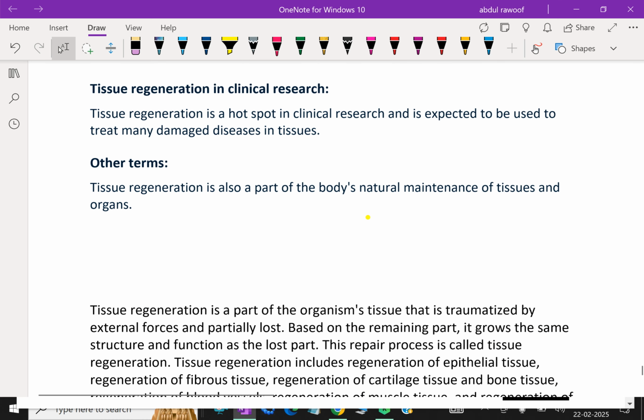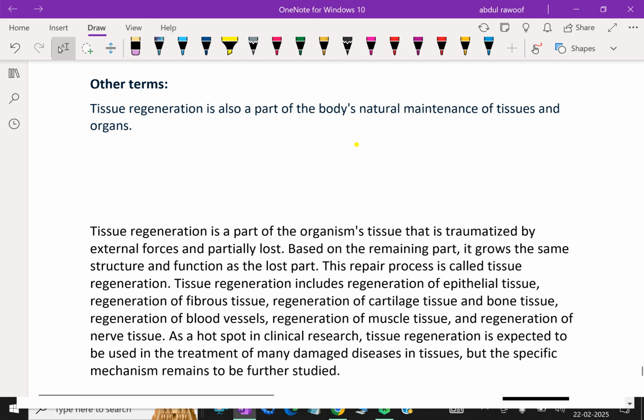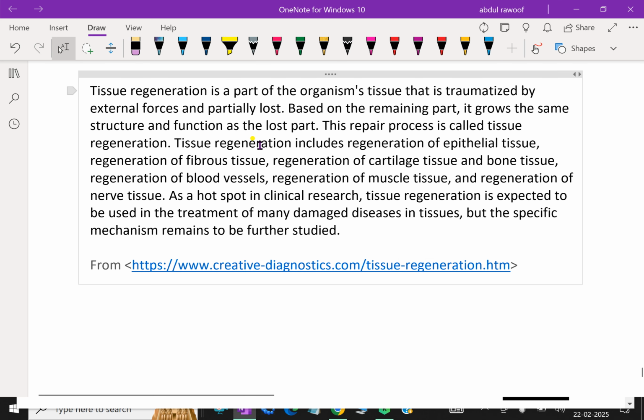Tissue regeneration in clinical research. Tissue regeneration is a hotspot in clinical research and is expected to be used to treat many diseases of damaged tissues. In other terms, tissue regeneration is also a part of the body's natural maintenance of tissue and organs. Further discussing, tissue regeneration is a part of the organism's tissues that is